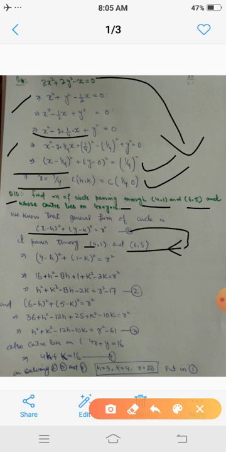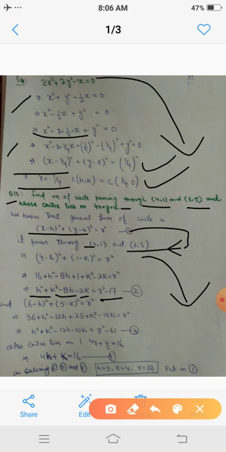these points should satisfy this equation first, which implies that we have to replace x by 4 and y by 1 in this, which implies that (4 minus h) whole square plus (1 minus k) whole square equals r square. Or simply after simplification we get h square plus k square minus 8h minus 2k equals r square minus 17. Similarly, the second point, that is (6, 5), lies on this, which implies that x equals